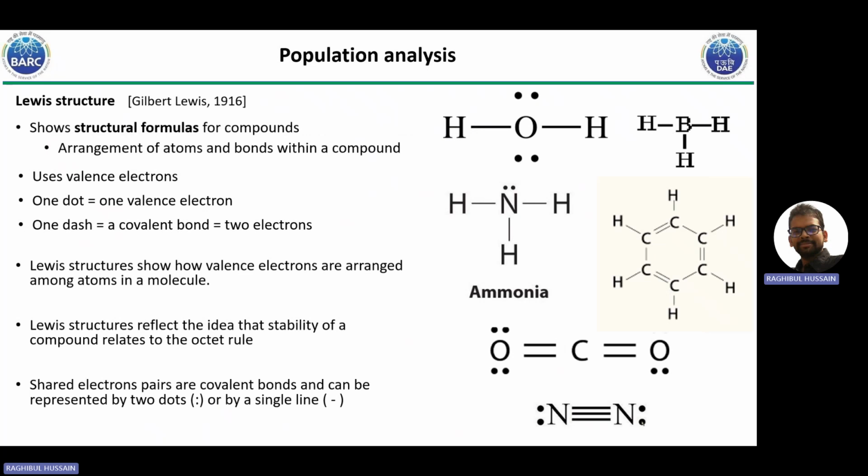Then the Lewis structure. Why is natural bond order analysis very important? Basically, as I told you, Lewis gave us the idea that you can write a water molecule structure like this, BH3 like this, NH3 like this, benzene like this. It is very easy to understand, even for any kid. If you want to teach a kid what a bond is, what a molecular structure is,